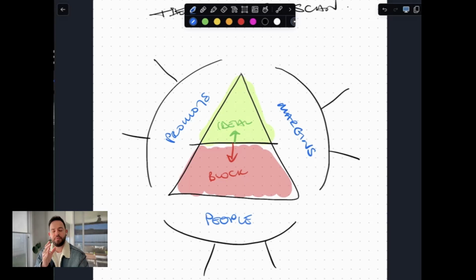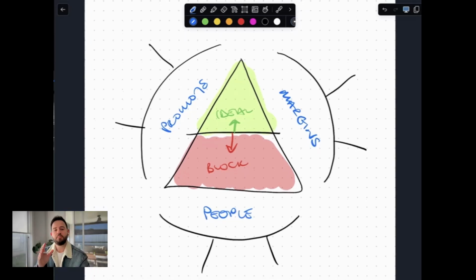And remember, you've got a piece of paper and a pen in front of you. If not, you should have. If you do, your model should look something like what I've got down here below. If not, pause the video here and get yourself caught up, because we're going to run through this pretty quickly now. The first area that we're going to look at is people. And this is the bit where I'm going to get you to do your traffic lights as well: red, green, yellow. Remember, red means that there are problems that need fixing, yellow means there's room for improvement, and green gives us an indication that things are going well for you and your business.